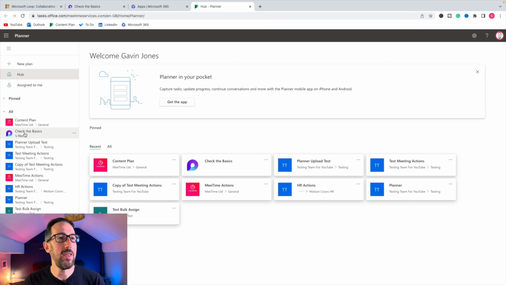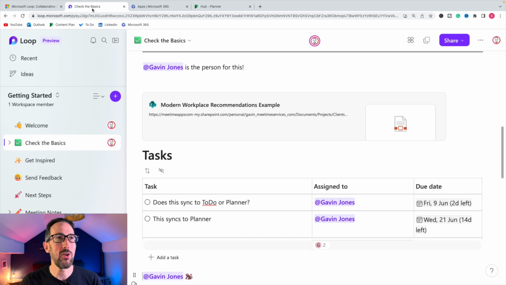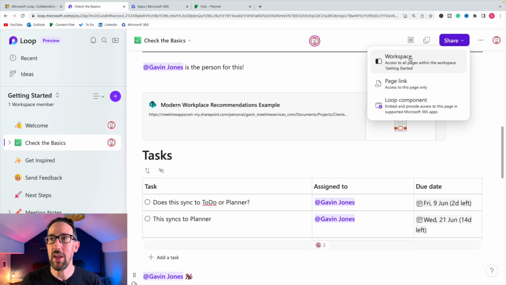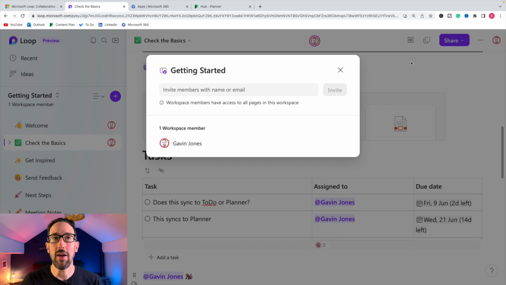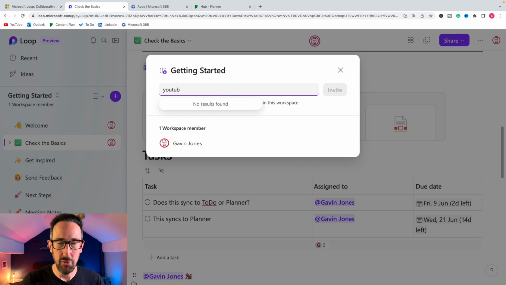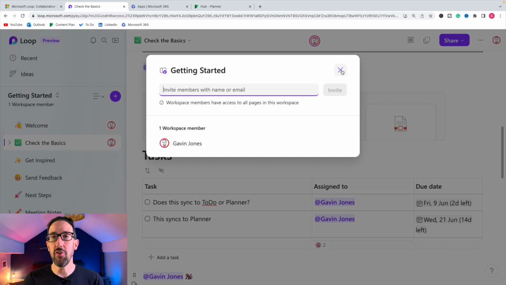That's good. The bad bit, going back to what I was saying before, is that the workspace is completely separate from anything else in the Microsoft ecosystem. So the only way for me to get other people into this getting started workspace, or whatever workspace I've created, is to share access to all pages with this workspace. I click that and I need to invite people one by one rather than just inviting, like, the YouTube team, or what's it called, testing for YouTube. The only thing I can do is invite someone by their email, or if they're internal to the company, by